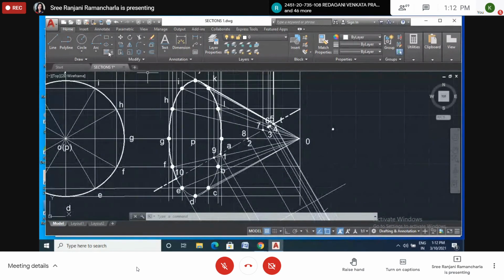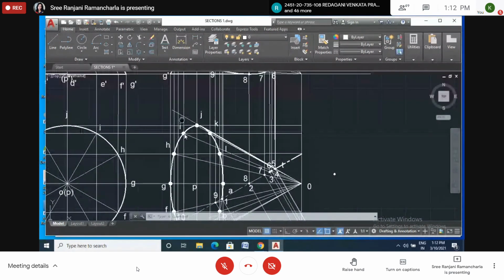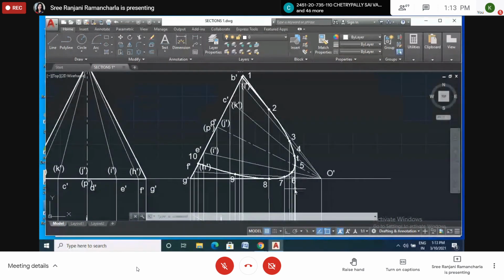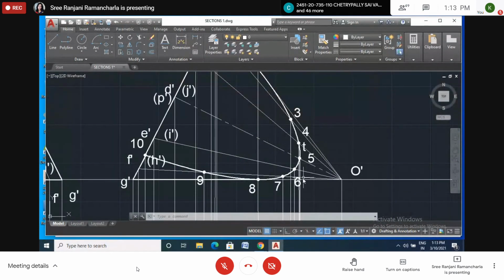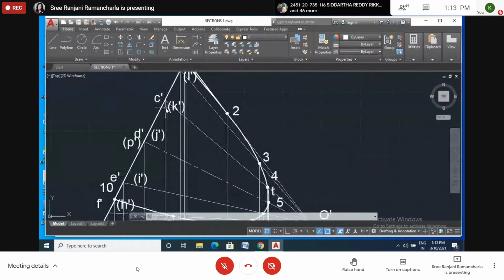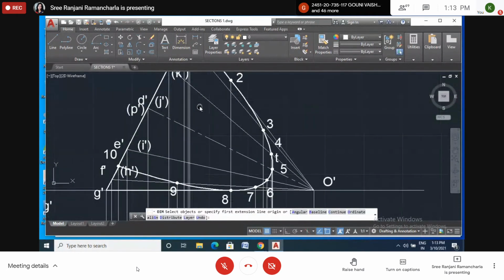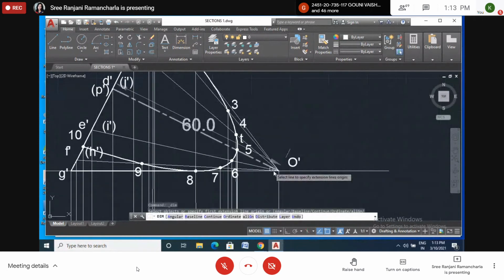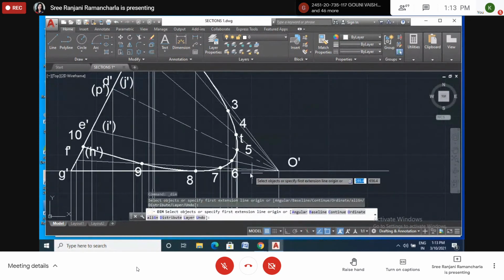Now 6. Where is 6? Six on I. IO. Is it IO? 6 is on IO?